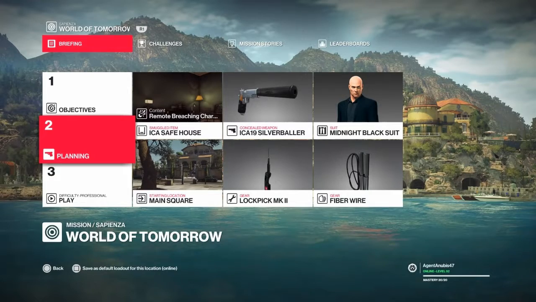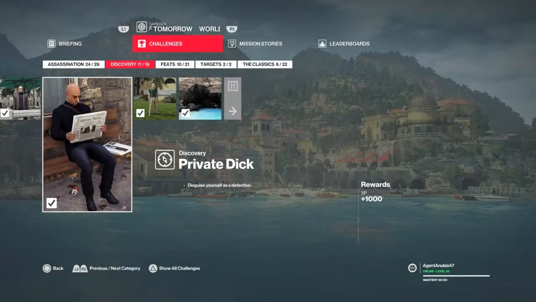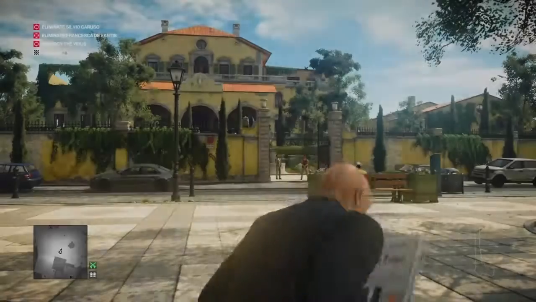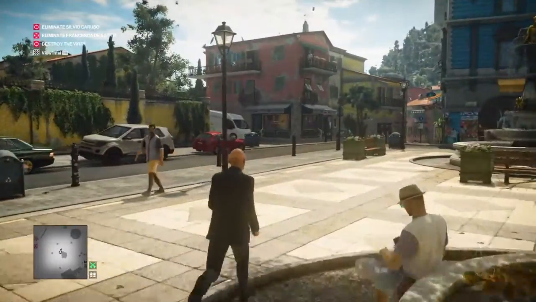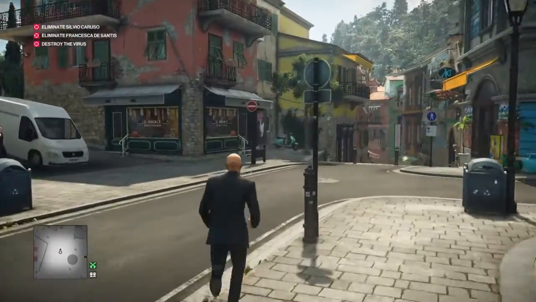And today we will be getting the Getting Your Hands Dirty challenge. For this we will also get the Private Dick feat or discovery. And this is also one of the mission stories as well, which is a Peculiar Case, I believe it's called. For this we are going to be bringing our breaching charge and our fibre wire, as well as our lockpick. And from the start, right off the bat, what we're going to do is go straight to